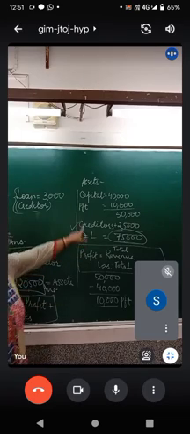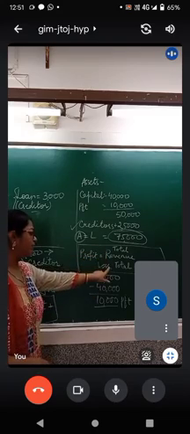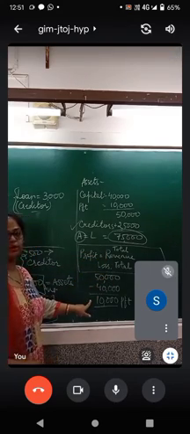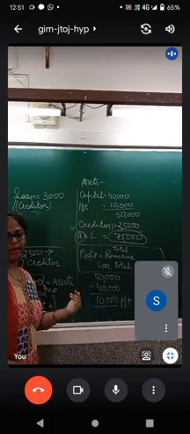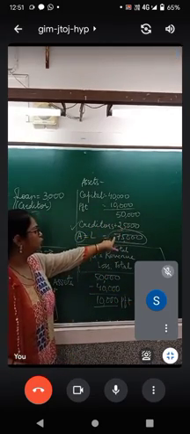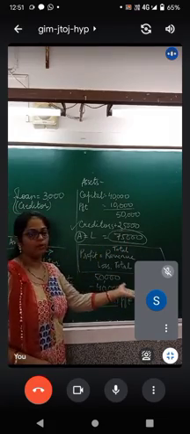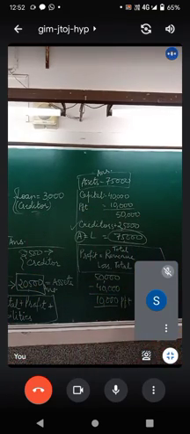Any confusion with this? Total capital plus total profit. How did you calculate the profit? Revenue minus expenses. This is your profit. So capital plus profit. And because you have to find out the asset side, the total of liability side is equal to the total of asset side. So we will add creditors, rupees 25,000. Whatever the total of the liability side is, the same is the total of the asset side. So your assets are 75,000. This is your answer. Any confusion with this? No, ma'am. Alright, please note it down very quickly and then the class is over.